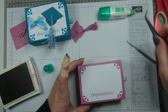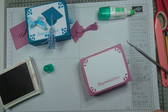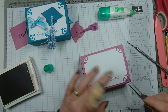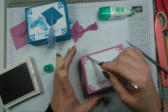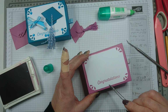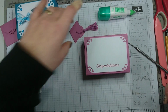So gently dab it in, gently dab it in place. Like so. It's a bit delicate. Already looks beautiful, doesn't it? So